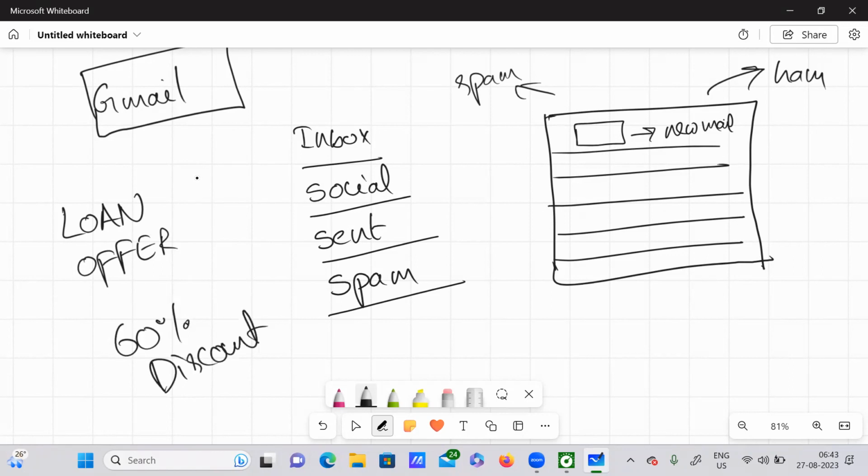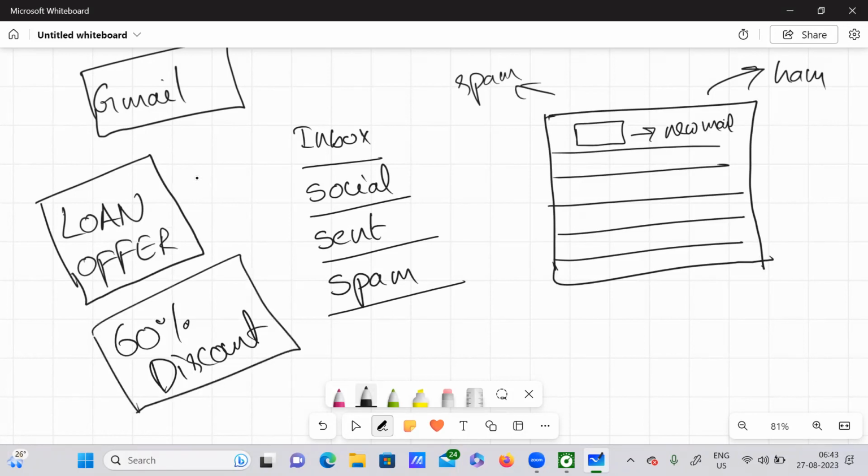These are all the spam emails which we really don't want to consider here. Why? Because every time you'll get dozens and dozens of emails with these particular keywords, loan, offer, and discount. So you'll get irritated by seeing all the unwanted emails. For that purpose, Gmail has provided an option called spam.